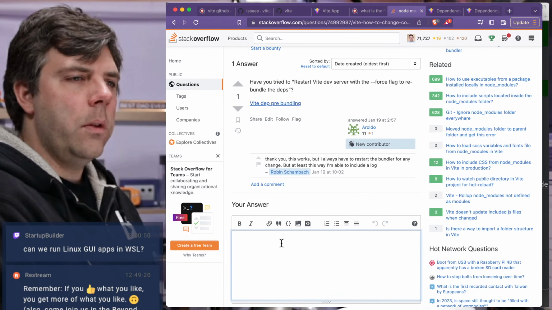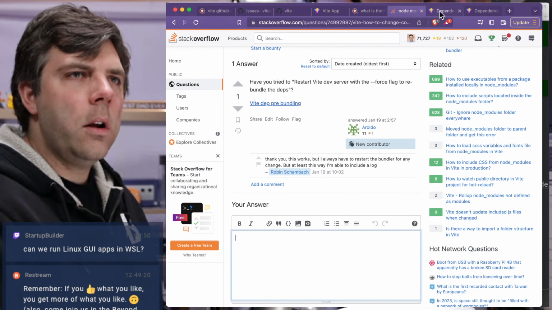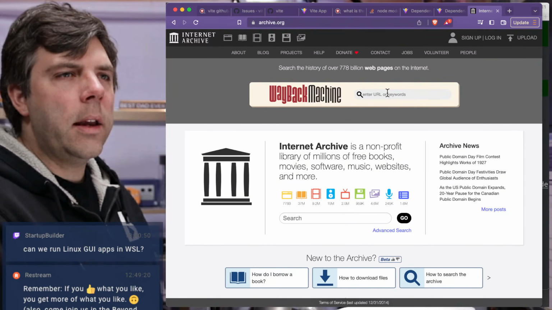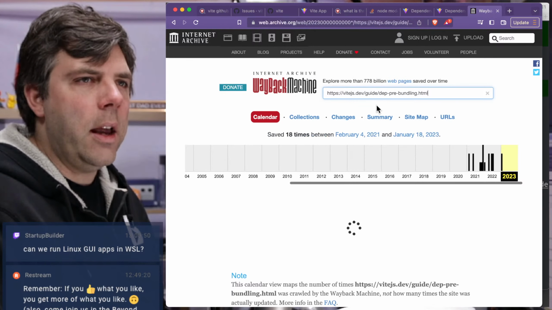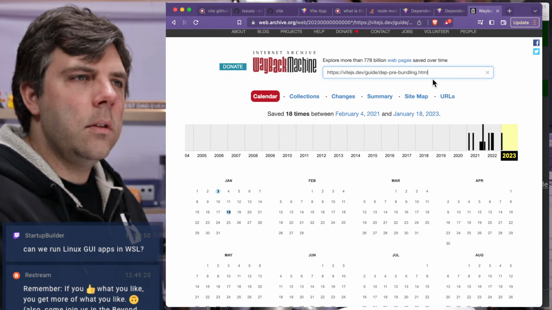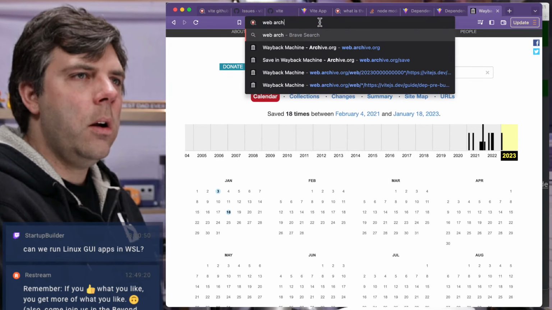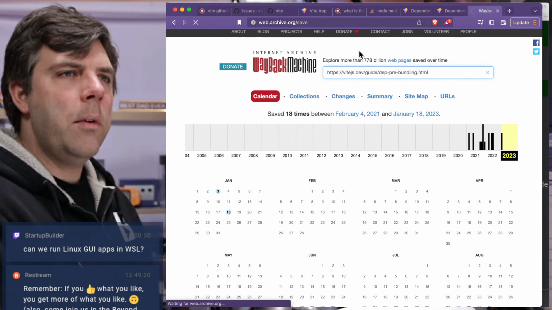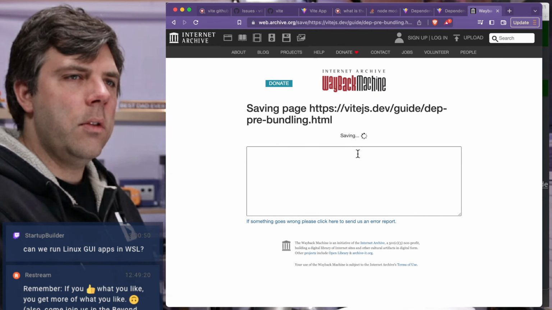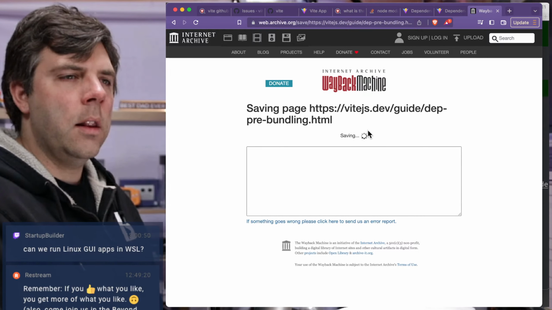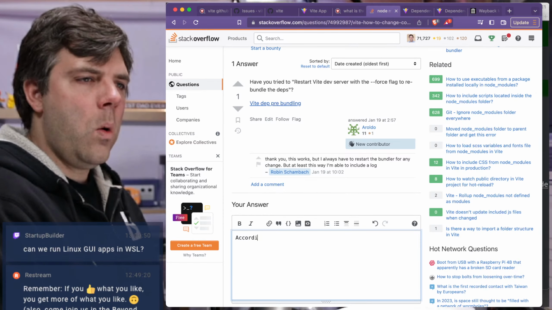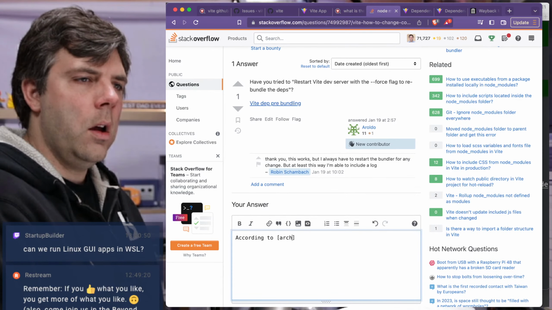Let's see. So the answer is, where's archive.org at for us? Let's go to archive.org, because you cannot count on these frameworks not changing the documentation every day, right? So let's go ahead and make a new version of this with some hope. Okay, Web Archive, Wayback Machine, Save Page Now. That's what I want. Let's save the page, and then let's go reference that page. So I'm going to say, according to archive,